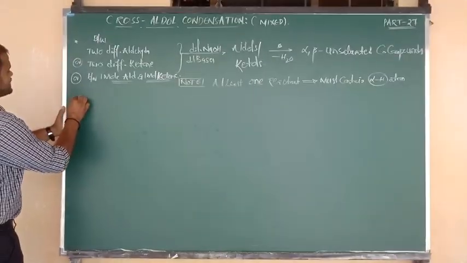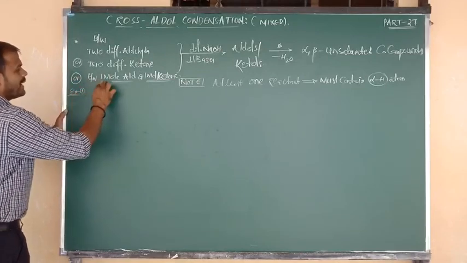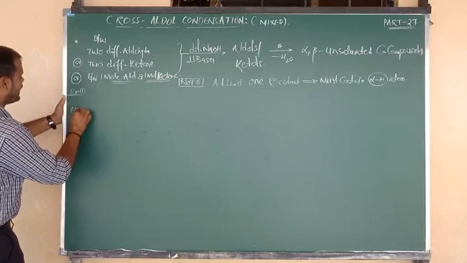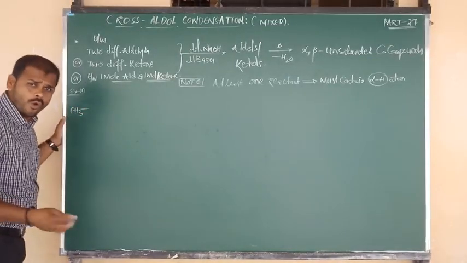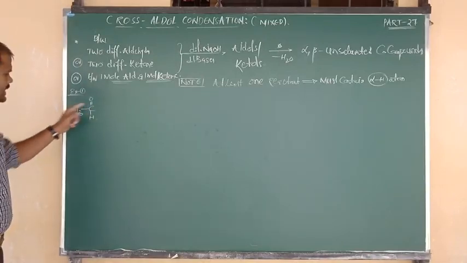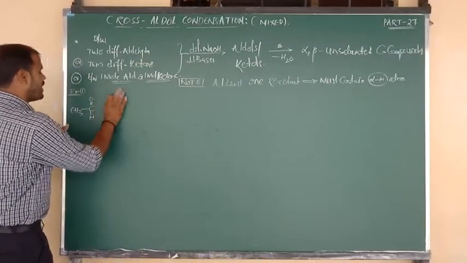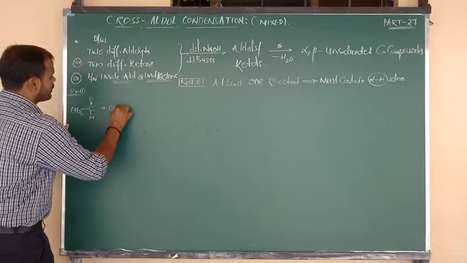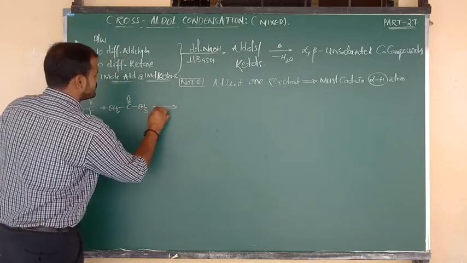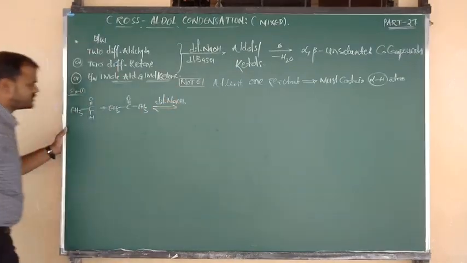So example 1 is by taking 1 mole of aldehyde, I want to take acetaldehyde. What is the formula of acetaldehyde? CH3 bonded to CHO, but we can write it like this. Yesterday also I showed you in the same manner, CH3CHO. And one more is 1 mole of ketone. The ketone is acetone, which I am going to consider as CH3 bonded to C double bond O bonded to CH3. Condensation is going to take place in presence of what? Dilute bases, that is the dilute NaOH.